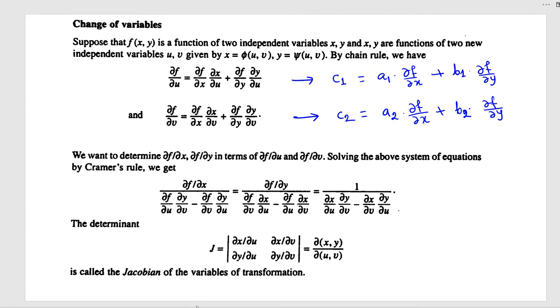So if this is the case, then we take the cross multiplication rule. Let us take this as variable. So this is our unknown now. And then we apply Cramer's rule. So on the top it will have this case. So from here you can write del F del X equal to this case by this one. So that is del F del U